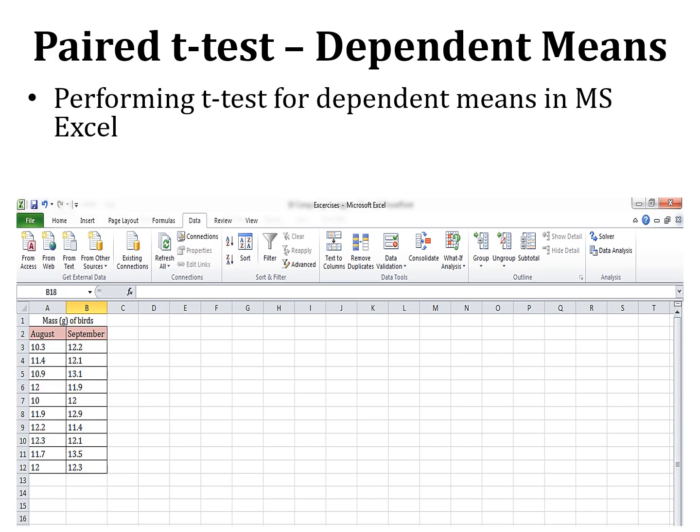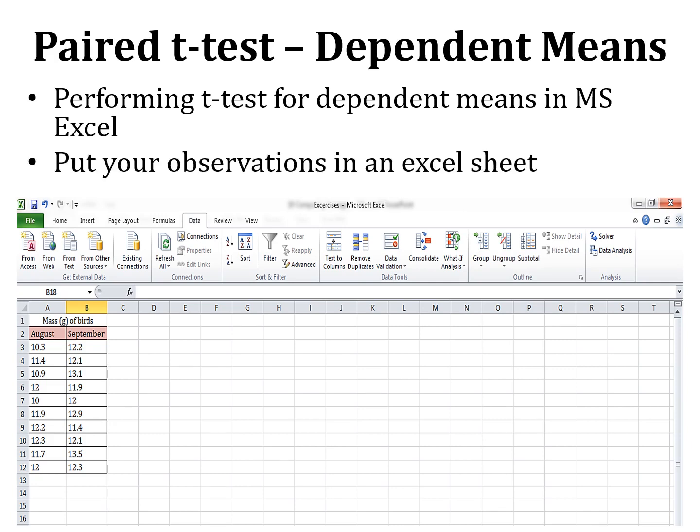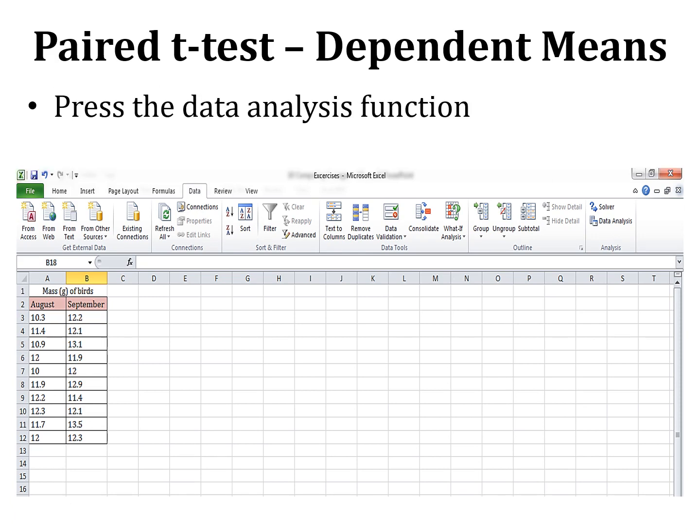And now it is time to see how we can perform the paired t-test on Microsoft Excel. So for that purpose, first of all, you have to put your observations in an Excel sheet, and I have taken the example of the mass of birds measured in August and September. So I have these 10 pairs of observations in the Excel sheet. Now, what is the next step? We have to press the data analysis function button here, tab here,